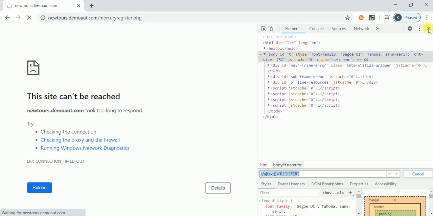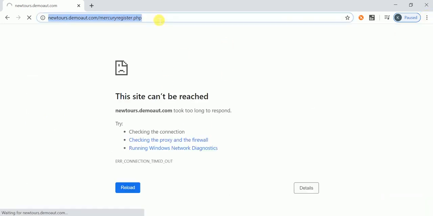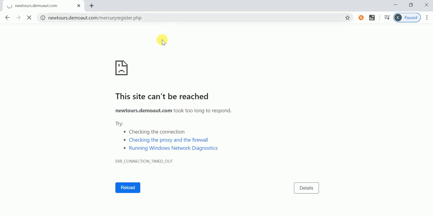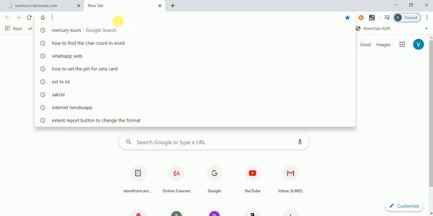Okay, if this application is not opened, then we will take some other application, because this is a sample application, so sometimes it will happen like this. We need not worry about why this page is not opening, because their server team will take care of that. In the meanwhile, let me open any other site.